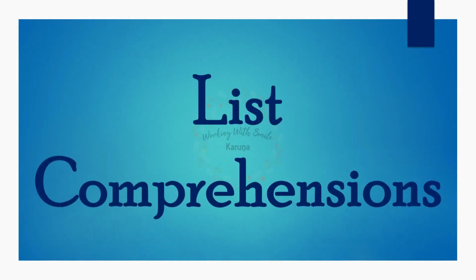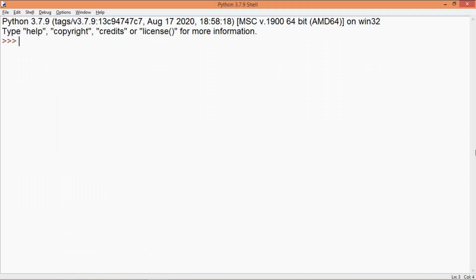Next we have list comprehension. It is a very amazing way to create a list. So consider an example here where I create an empty list and now I want to add elements to this list. I will have to take the help of the append function. So let's say if I write here l.append